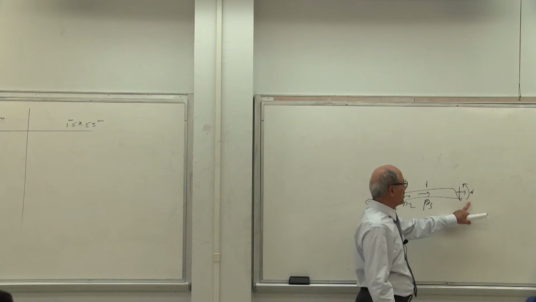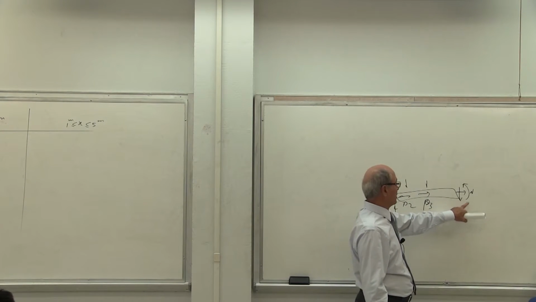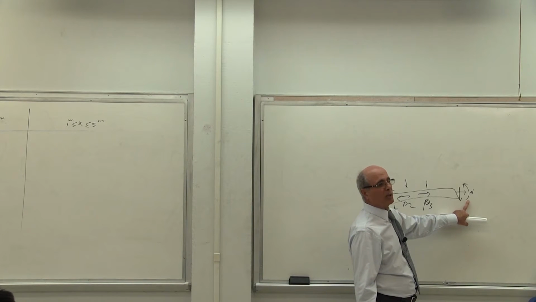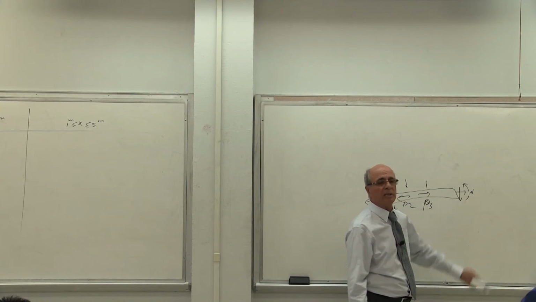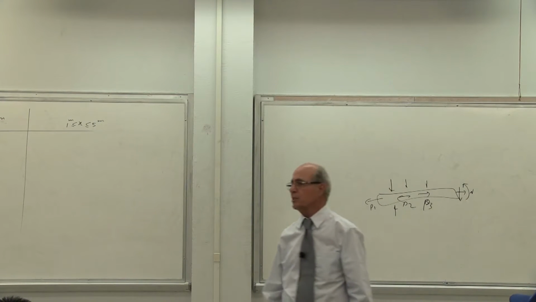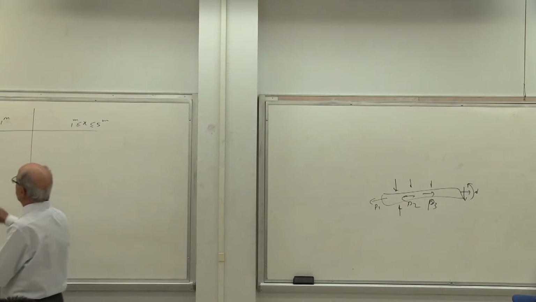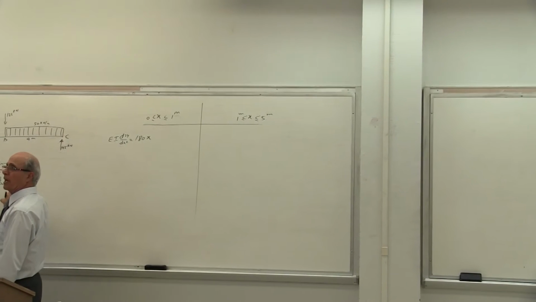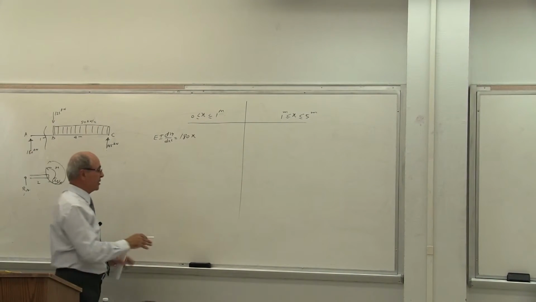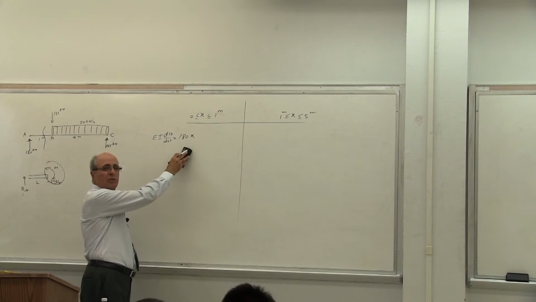Everybody, this is chapter 6. I'm sorry, this is chapter 5. Sigma equal to Mc over I. This is tau equal to VQ over It. Is that correct or not? And this is chapter 1. Is that correct or not? In that respect, so why are you making the mistake? You are putting minus here. You are taking the moment of this RA about this point. Is that correct? That's a no-no. Nevertheless, everybody understood there. Yes?